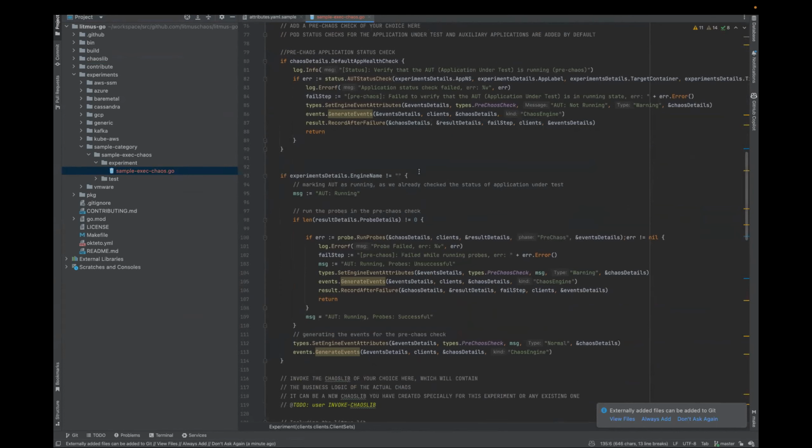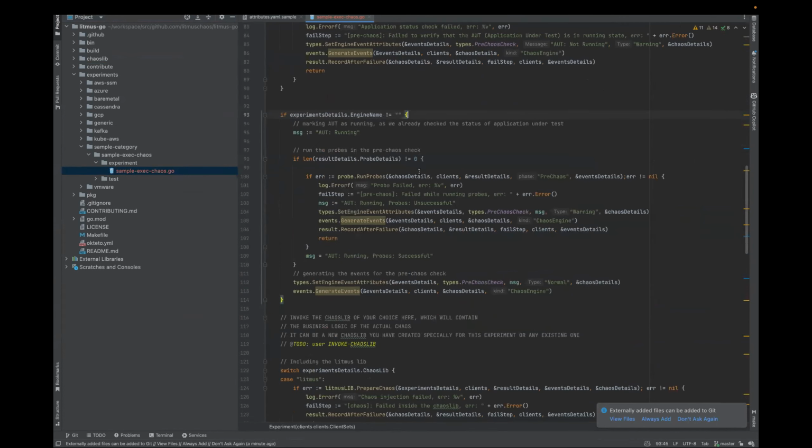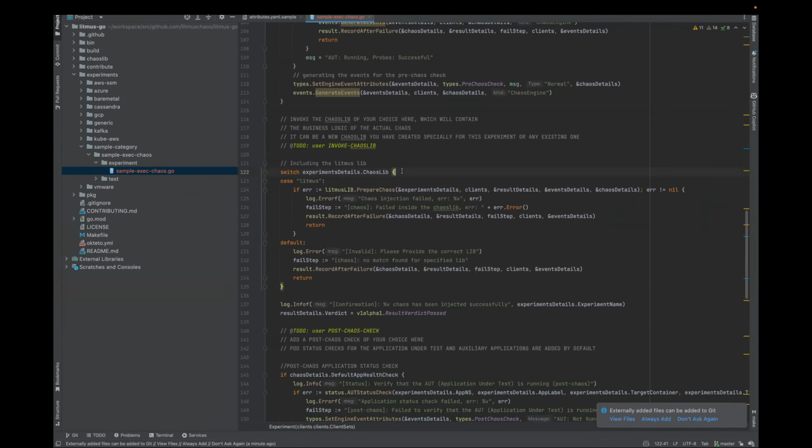Then apart from that, we are running the probe here for the start of the test in continuous mode, and here we are calling the corresponding chaos lib. For this, I just bootstrapped that sample chaos lib. If you want to use your own chaos lib, you can call your chaos lib here.